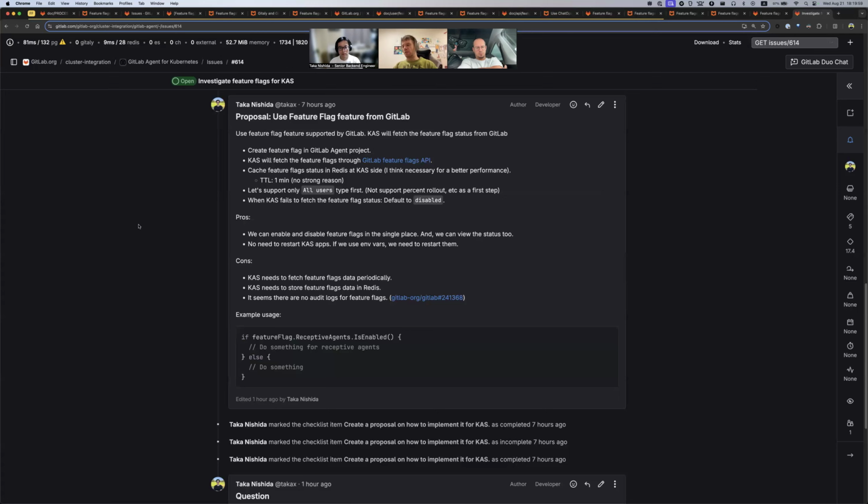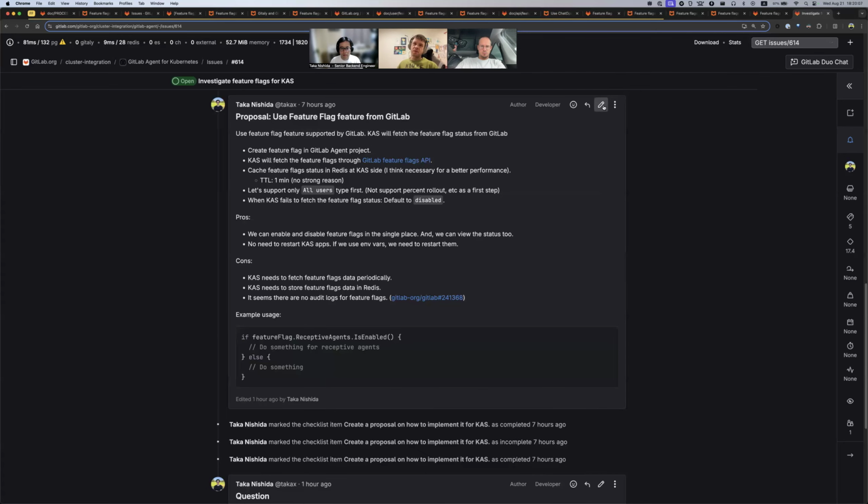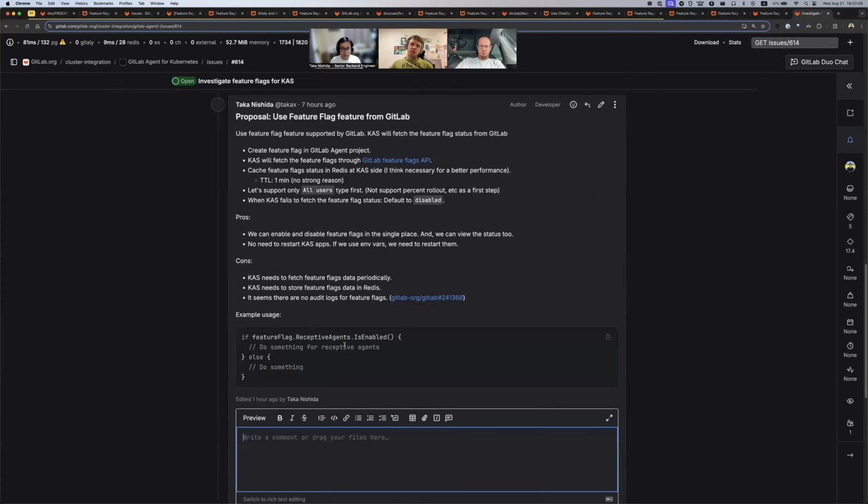Yeah. And then, what are any other requirements? So we need a list of requirements, I think. And then if the only requirement is to be able to have per group, per project, per agent feature flags, then